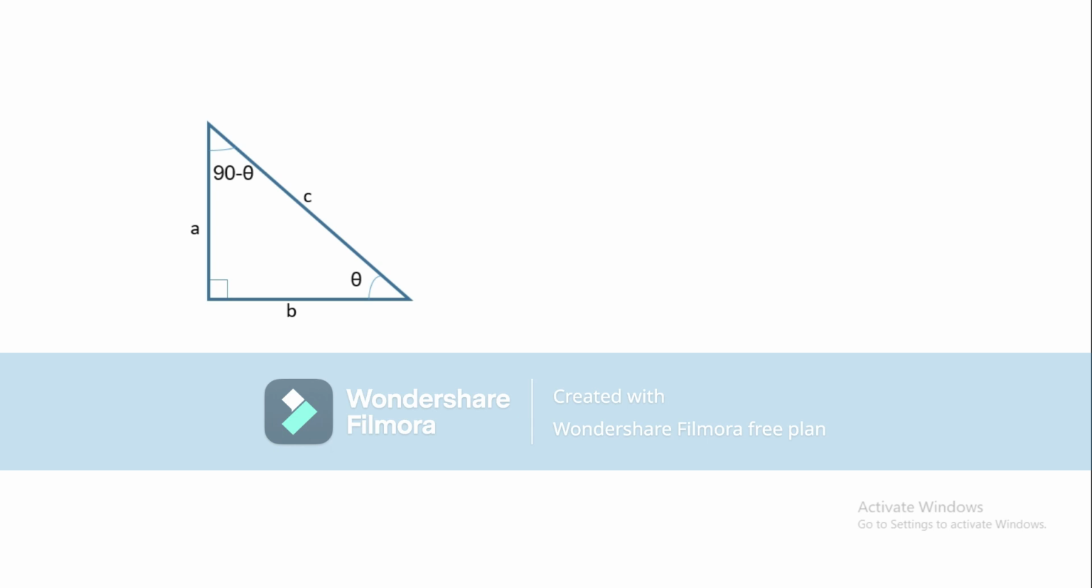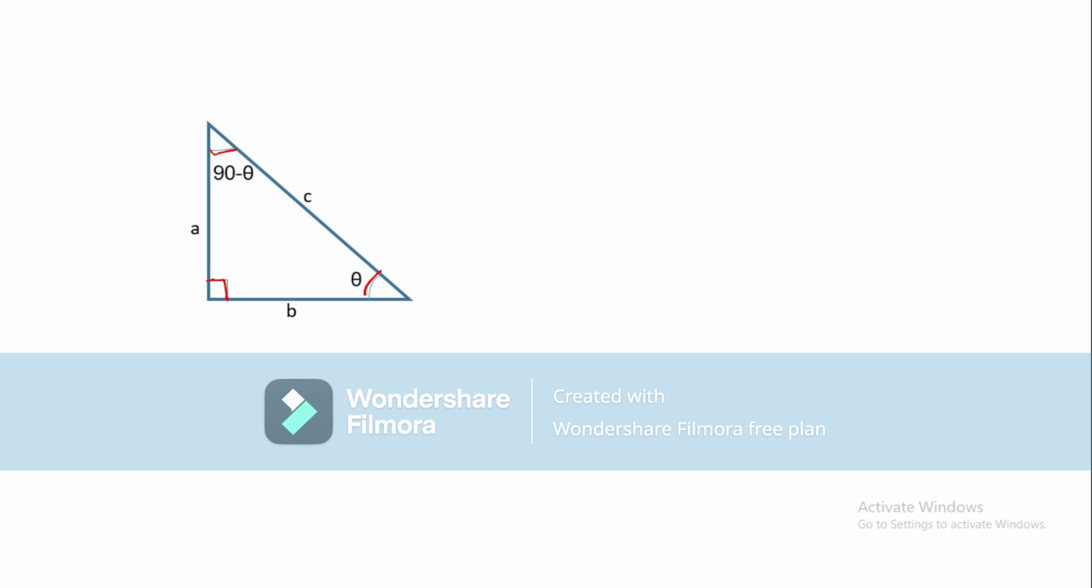In a right triangle we have one angle that measures exactly 90 degrees, and the other two angles add up to 90 degrees. As we know, the sum of the three angles in a triangle is 180 degrees. So if one of the angles is 90 degrees, then the sum of the rest of the two angles should be